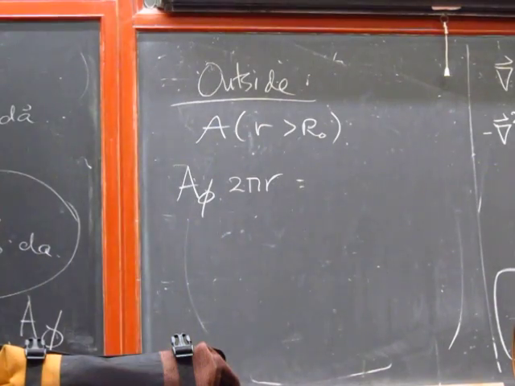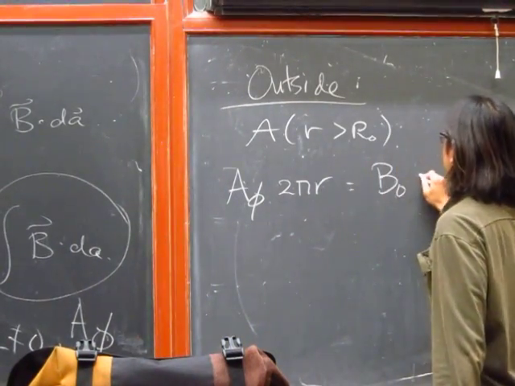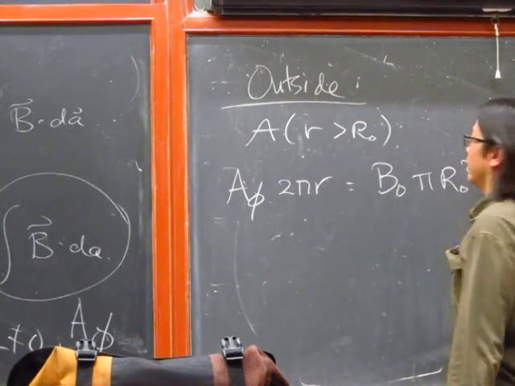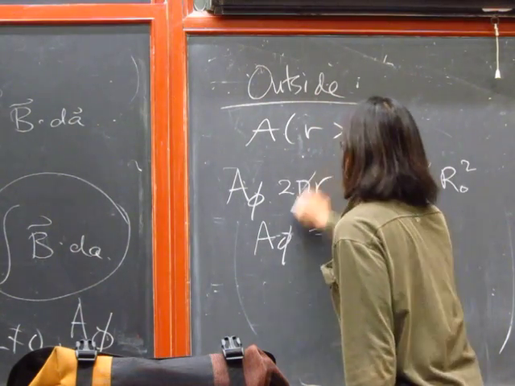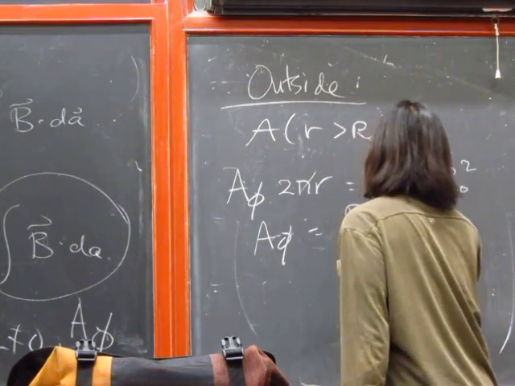But the B field is 0 outside, and there's only flux inside, so this is just B naught times pi r naught squared. So A phi here becomes, the pi cancels, B naught r naught squared